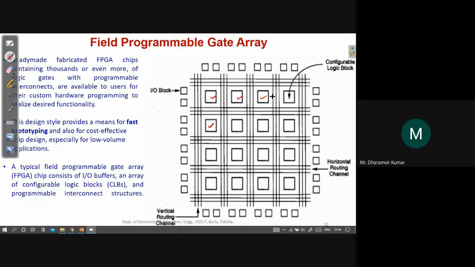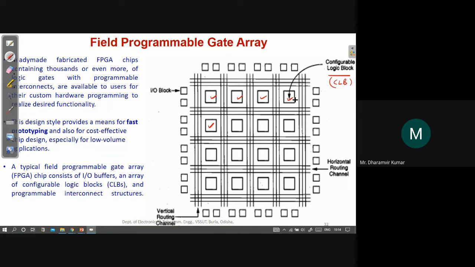CLBs, configurable logic blocks. These are the blocks which can perform logical functions like AND, OR, NOR, the logical gates. It will contain some logical gates and LUTs, which can perform any type of logical function according to your Boolean expression. It will have some small capacity.